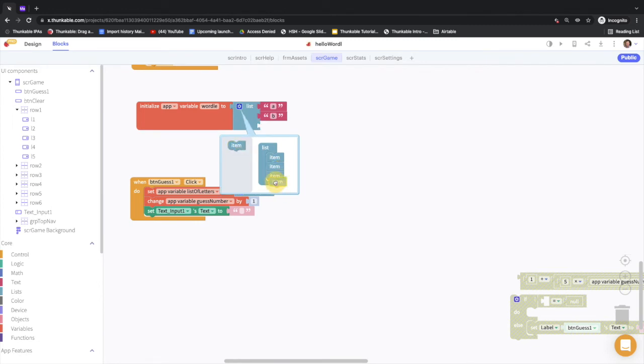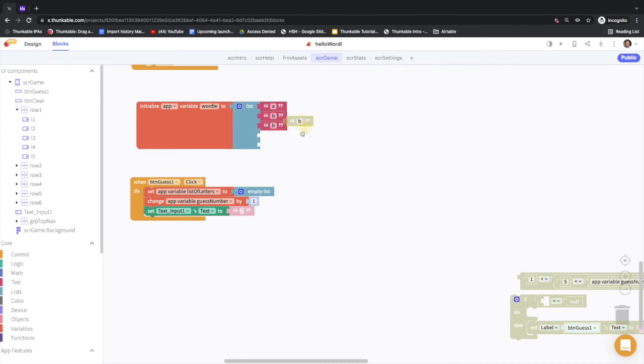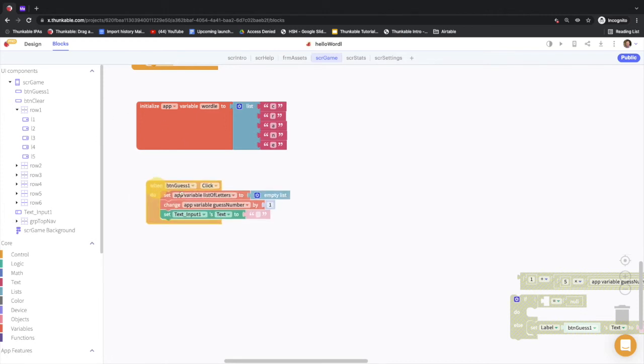3, 4, 5 letters like that. Click this blue one to toggle that little menu. Like that. And let's just set our answer to crane. Like this. Okay, and so in our guess function here, or in our guess button, when it's clicked, we want